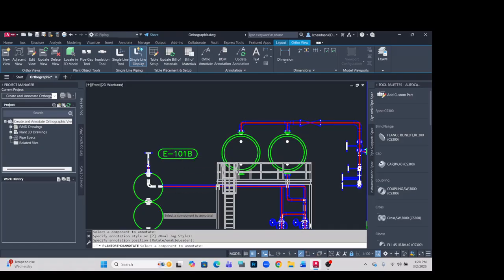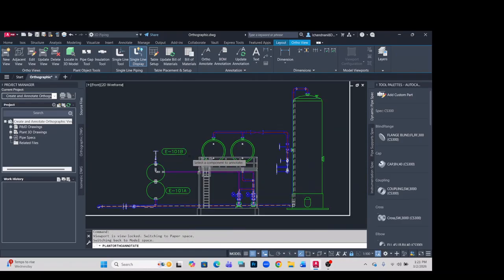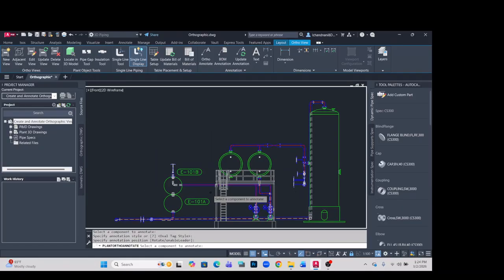And I'm going to now again select the lower heat exchanger, and I'm going to go with my default style, and I'm going to click here in this space, and you can move along and annotate all of your equipment and piping as needed. Now if you wanted to add a linear dimension, you can come back to the dimension here and then choose linear,